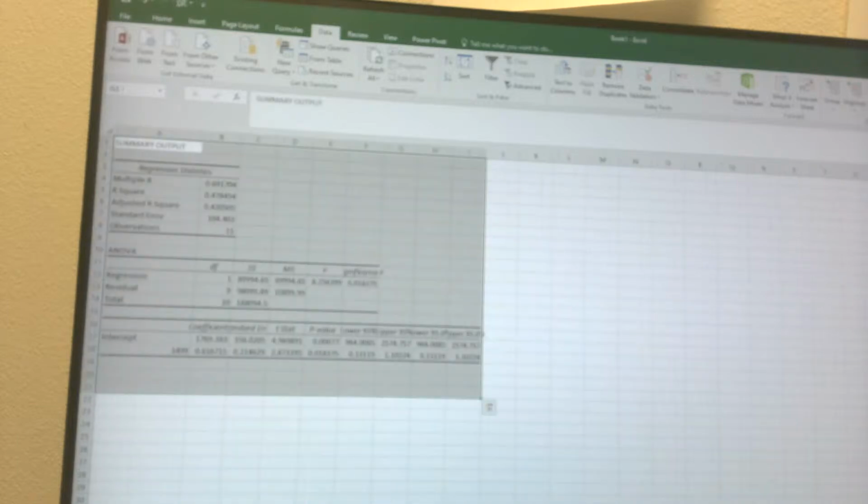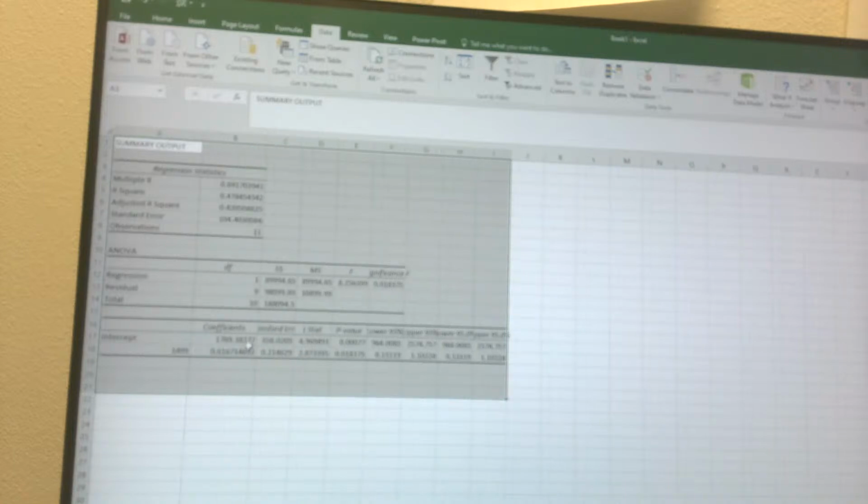Again, there's our data, and there's our output there. So there are coefficients there. So our formula would be 1,769 plus 0.617 x. All right. So that's the regression on that. Okay, so that's what I wanted to talk about, high-low method and oh, let me go back